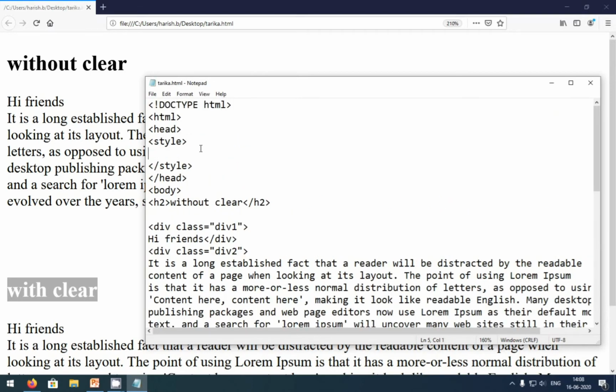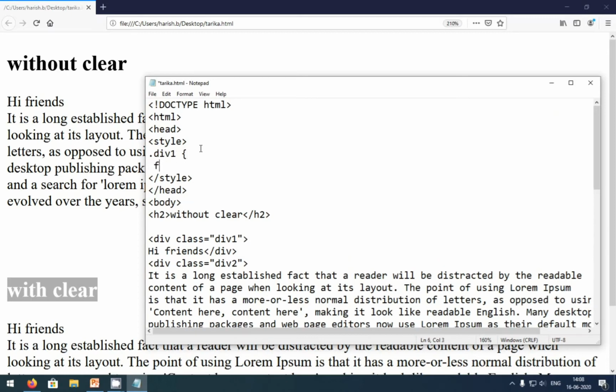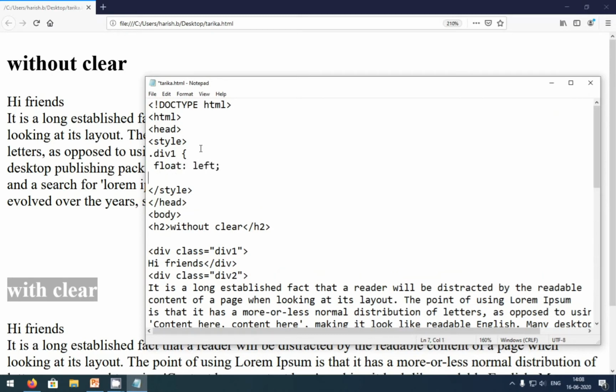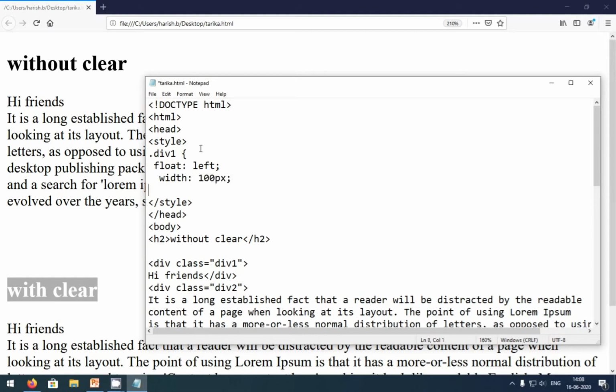In the same way, here I'm going to select div 1. In the div 1 declaration I'm going to write float: left, and width of 100 pixels. After width, I'm going to write height of 50 pixels.